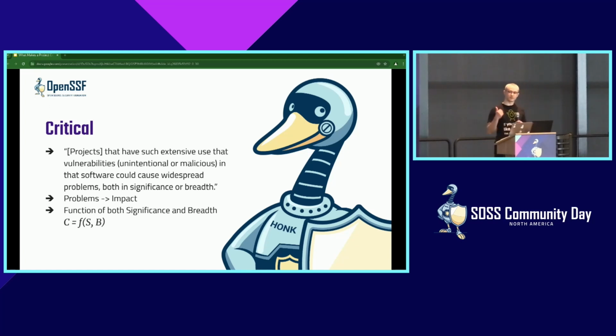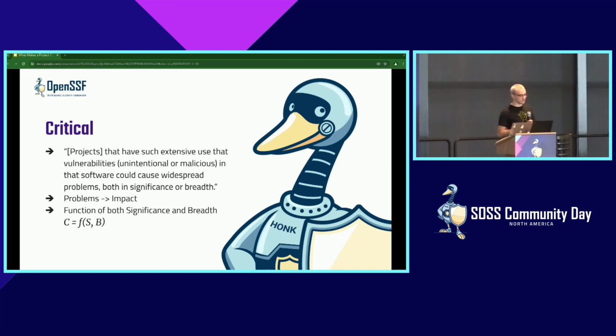And this is kind of interesting because the working group has gone through this process actually twice now. We've done a lot of discussion on which projects are critical, which ones aren't. And this definition came out of all of those discussions. We didn't write this down first. We went through the process and organically came up with the definition. And this text here is pulled from the introductory text of this set of critical projects.